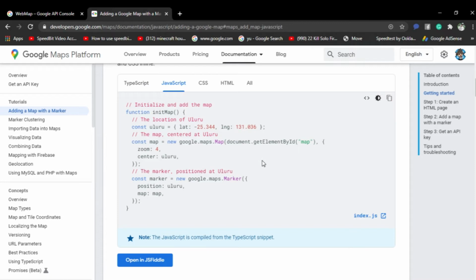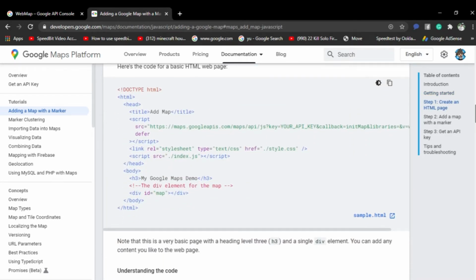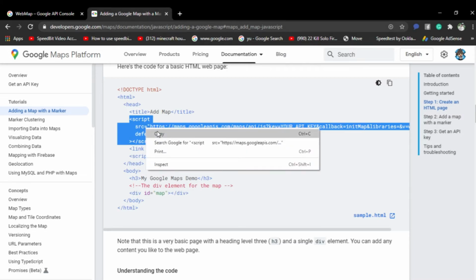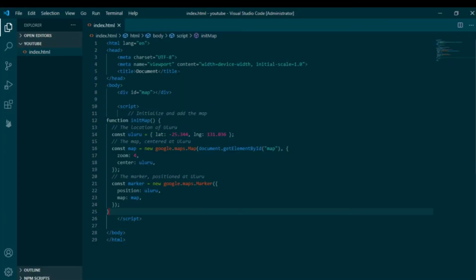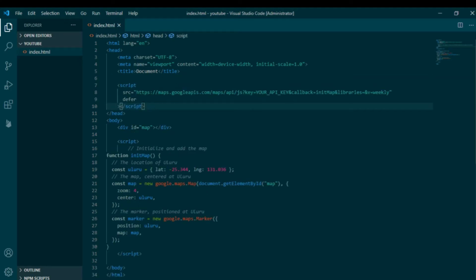And then after that, scroll down and copy this script, and then put it in here inside the head. And then